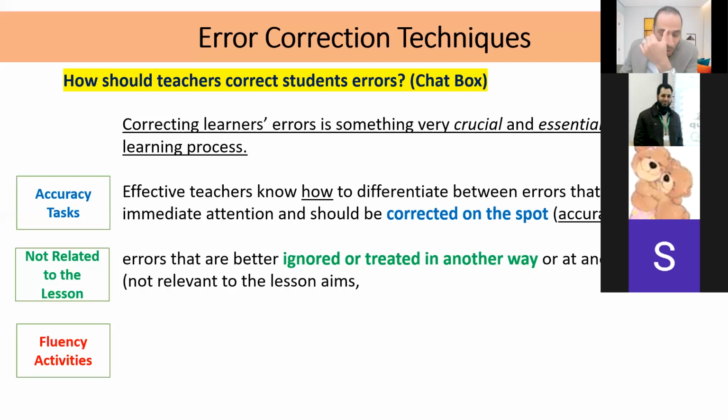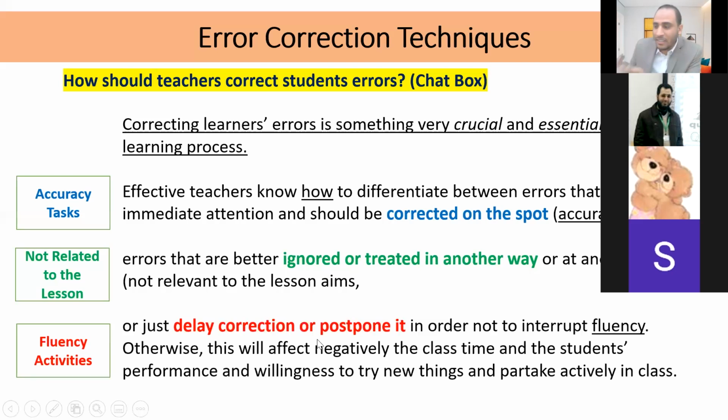Yeah. So as a good, effective teacher, in a fluency activity, a speaking activity, you should take notes of the students' mistakes, and then after the activity, you give feedback. This is what is called delayed error correction. 3 scenarios, and you need to respond according to the scenario you're doing. Okay, now we're going to focus on this,